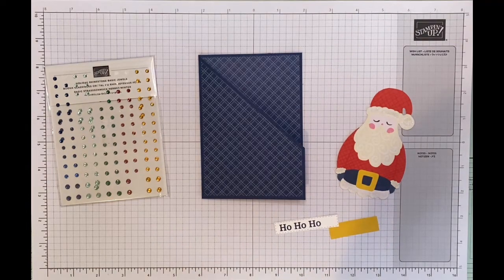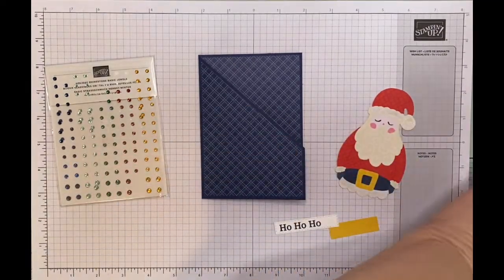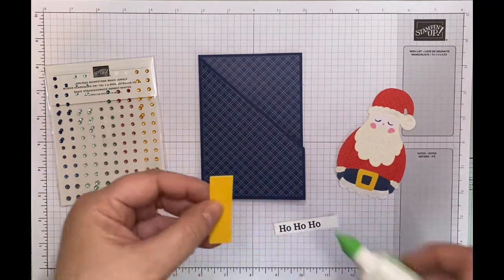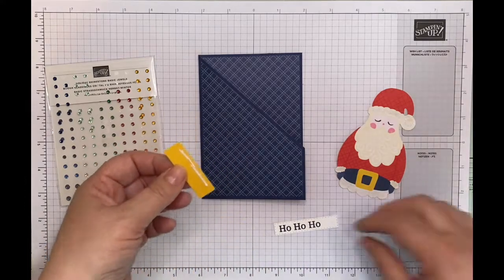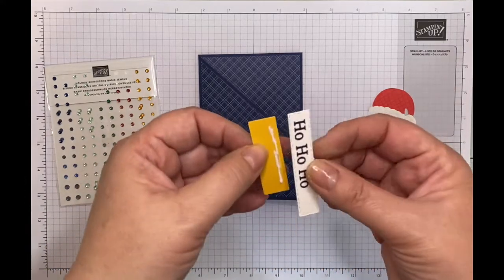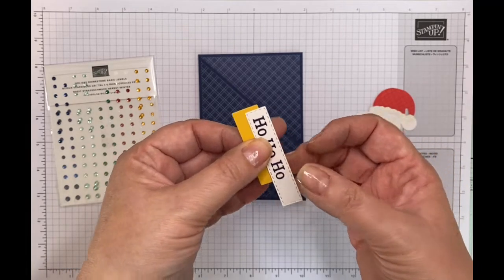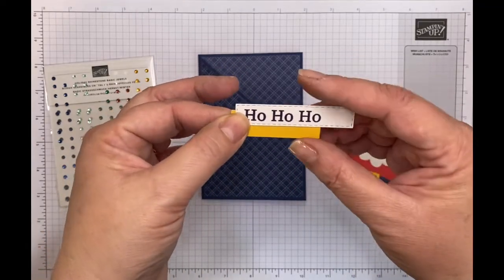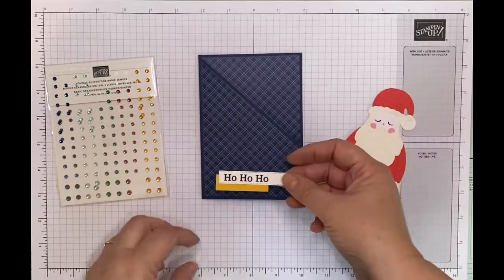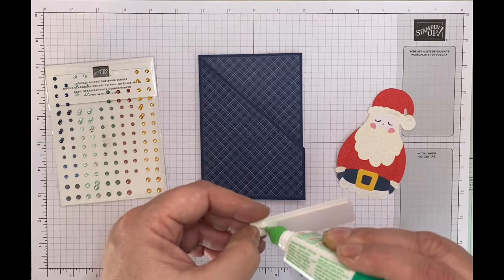The first one I'm going to do is this really cute little Santa. So I'm going to use my multi-purpose glue, and I'm going to just attach this little piece out of the kit with this sentiment. So this sentiment I took from the Perfectly Plaid or Perfectly Played, however you pronounce it, stamp set, and I used the ho ho ho, which I thought went beautifully with the little Santa, and I'm going to adhere it directly